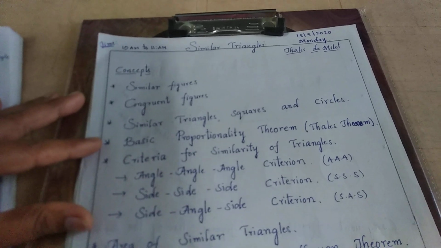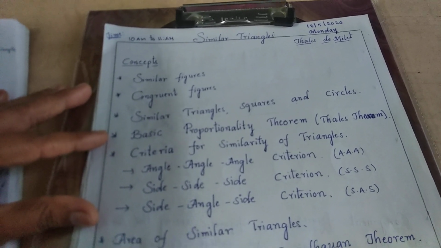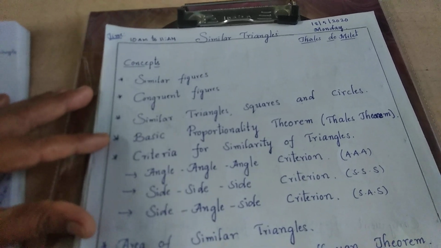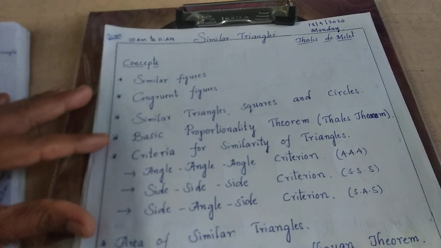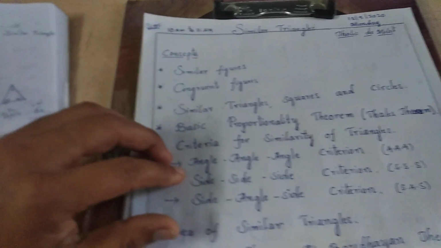How many angles are in a triangle? Three angles. So each angle is the same. For example, each angle being the same means an equilateral triangle, so each angle is 60 degrees. Did you understand that? Okay, children.